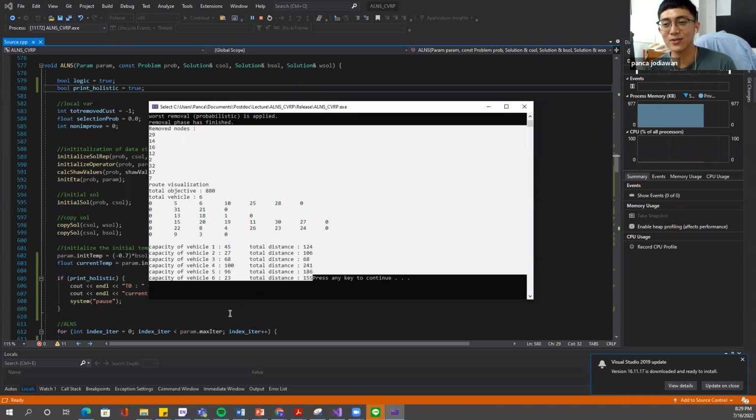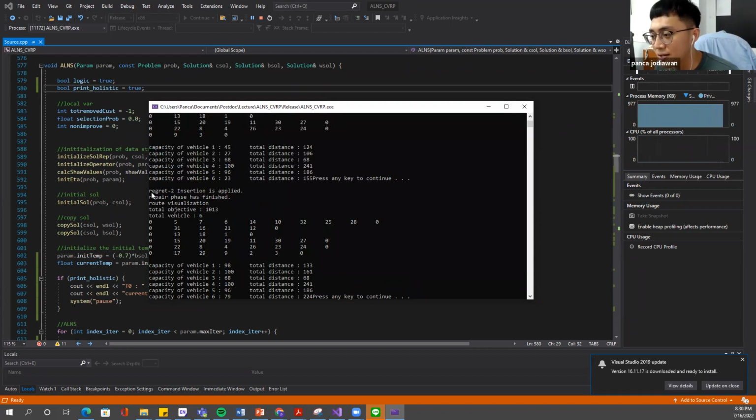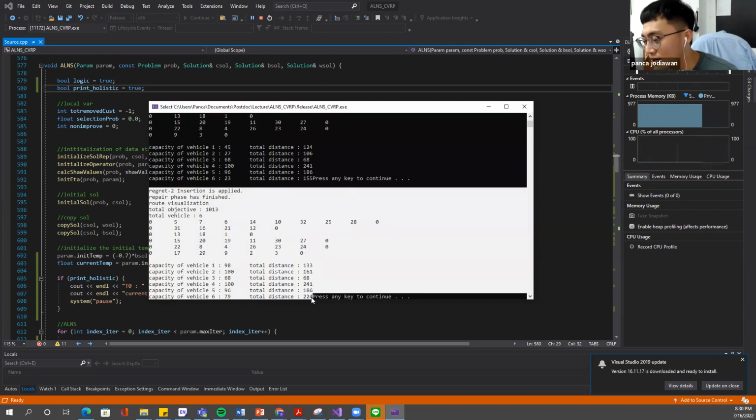That's right. After we destroy the solution, we repair. We select one repair operator, and then, take a look at this part. The regret insertion is applied.